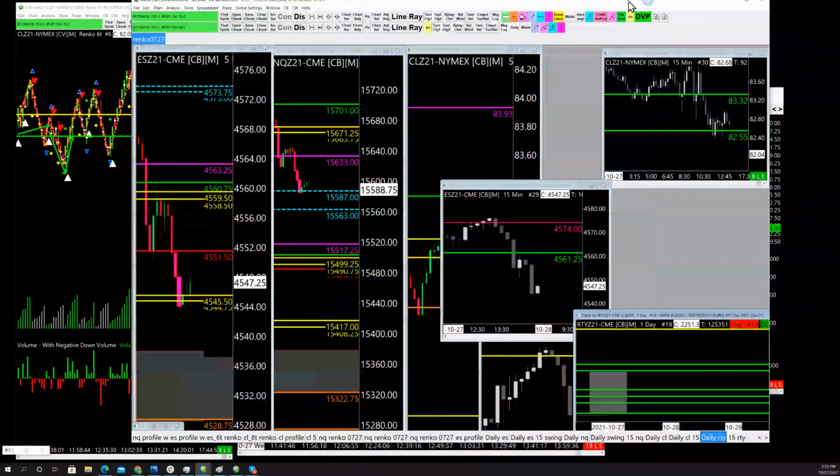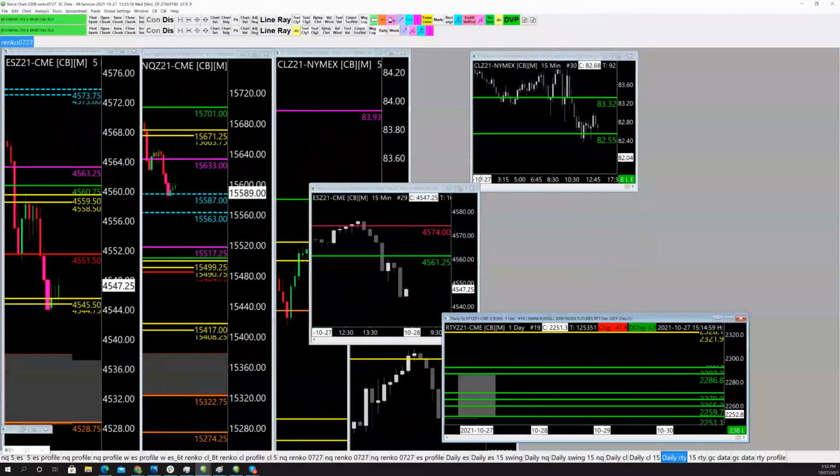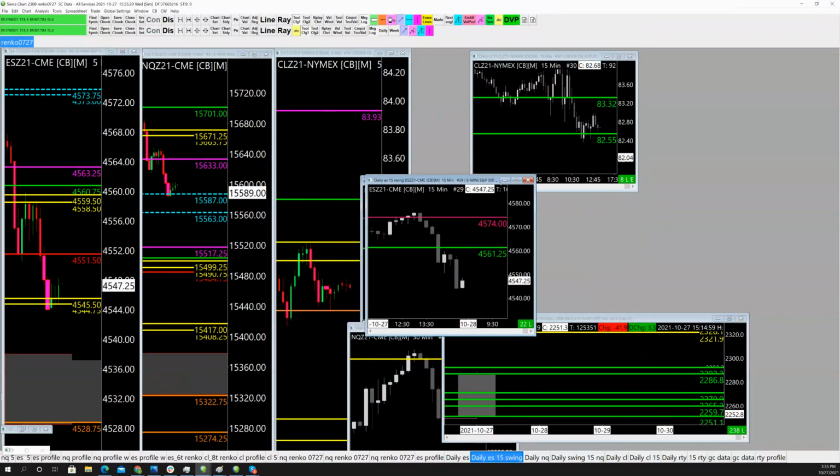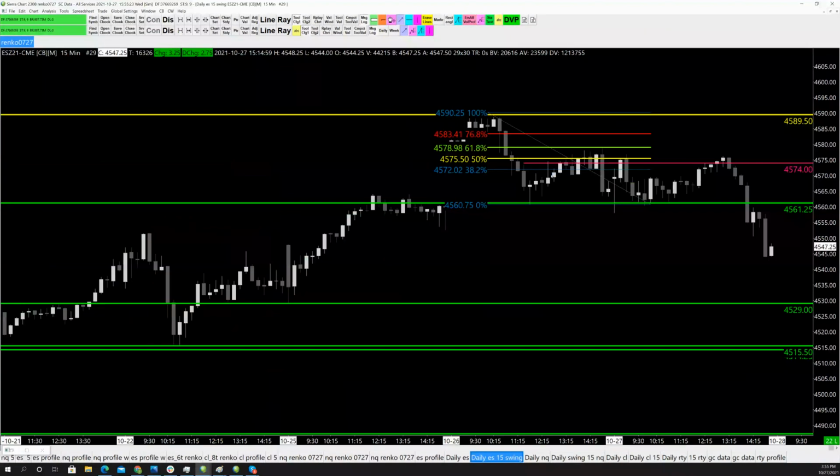if you'll have the discipline to go, okay, so here's my ES chart. Let me find it. So if you look at the ES chart, if you would have just gone today and said, hey, I need above 45.89 or 45.61, everything else is a scalp. But not only that,